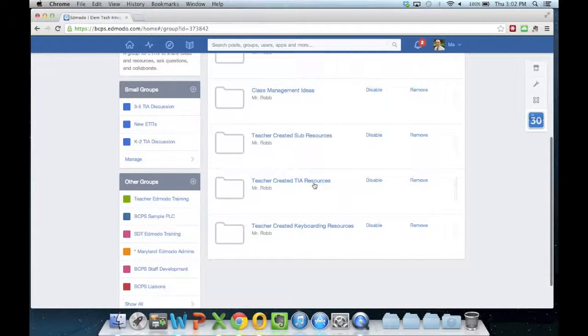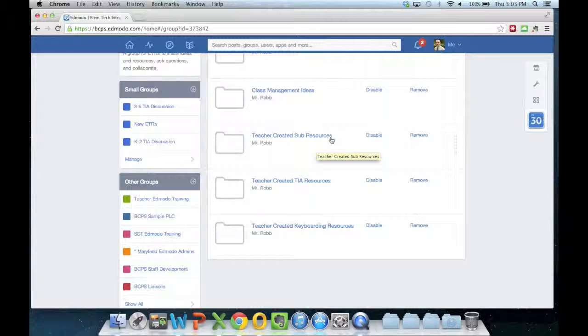In addition, I've created what I call teacher created folders. Any resources that you have created or that I have come across, either that you've posted on Edmodo or that you have shared with me, and that I thought would be valuable for other ETIT teachers to access, are in these teacher created folders. Right now there's three. We have some keyboarding resources, some resources for the TIAs, the technology integration activities, and then this one is fairly new: